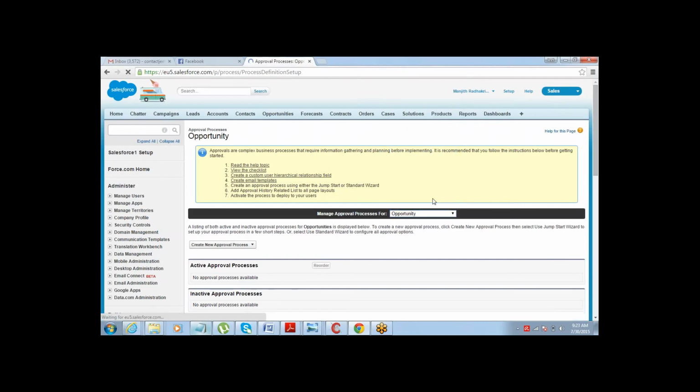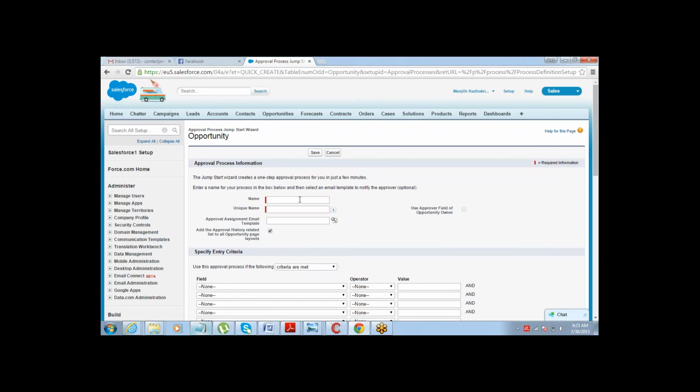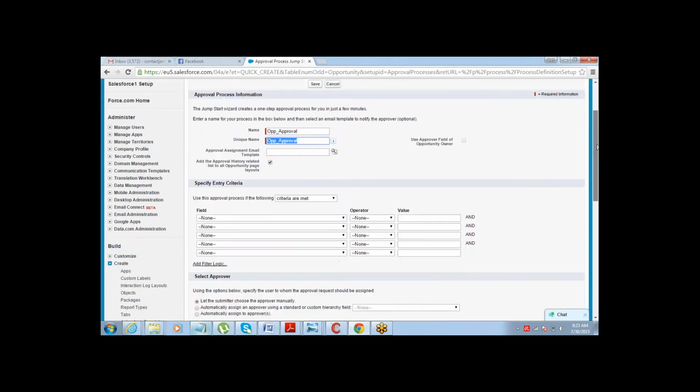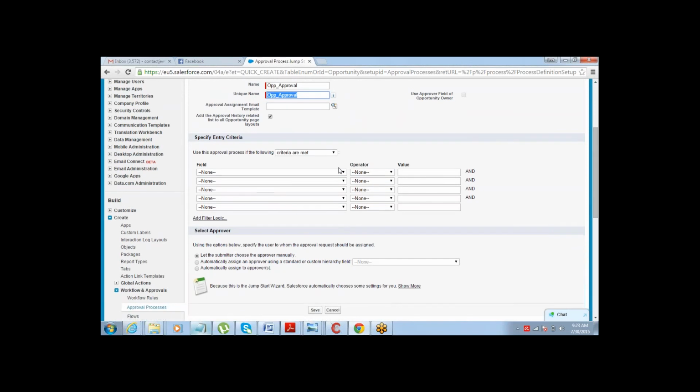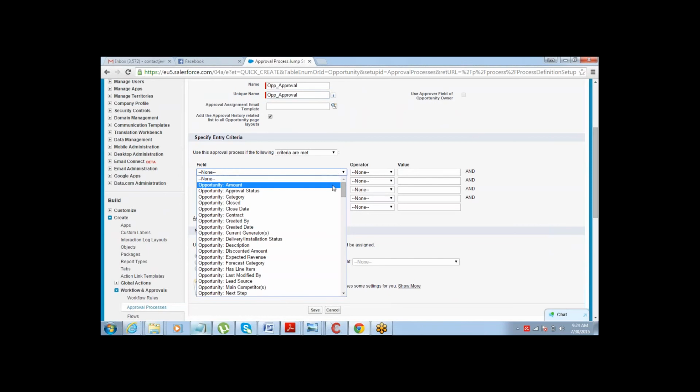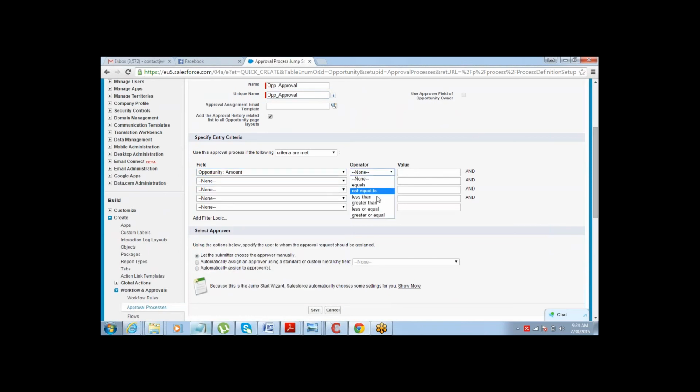Here it is. Create new approval process. You can use the jumpstart wizard. Give a name to the approval process. Now the next thing is criteria. My criteria is amount greater than 50,000.